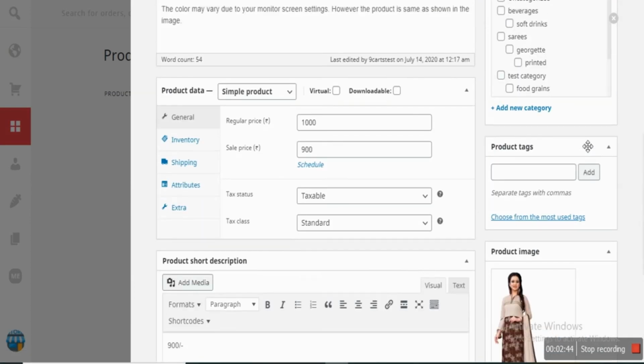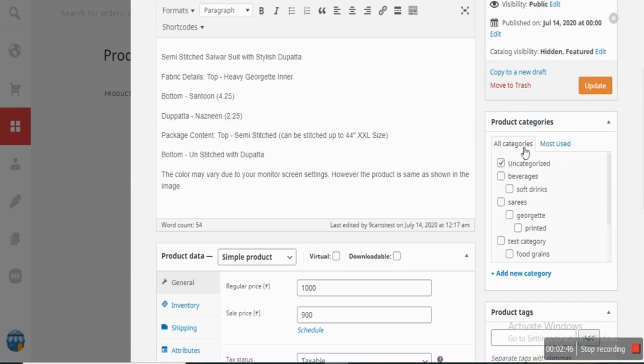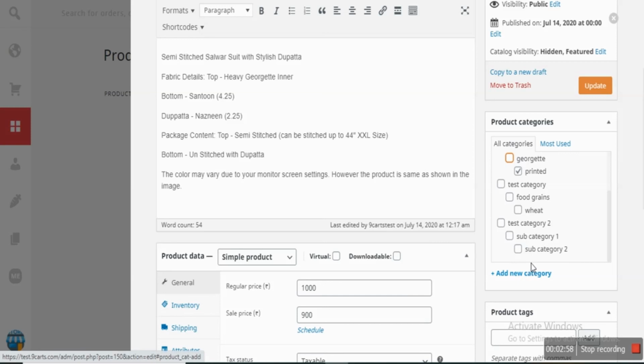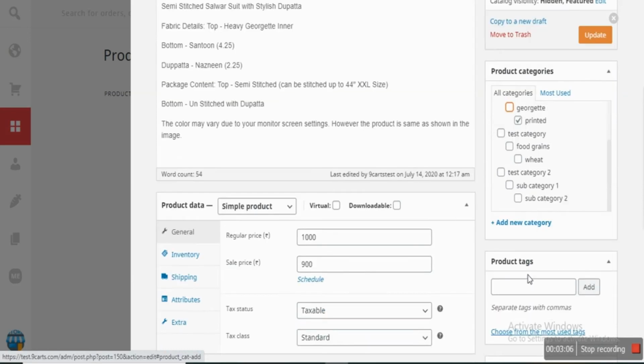To see where the product is visible, we have to select in which categories we have to place the product. So it can be sarees, georgette, printed, or it can be sarees and printed, whichever you wish you can do. If you wish to add a new category which is not listed over here, you can simply add a new category, and the same procedure will be followed which we have seen in how to add a category.